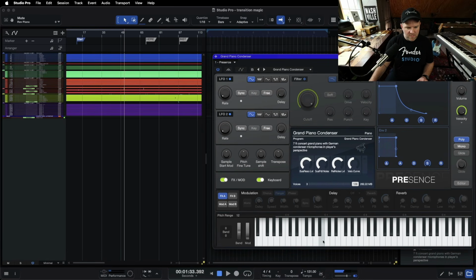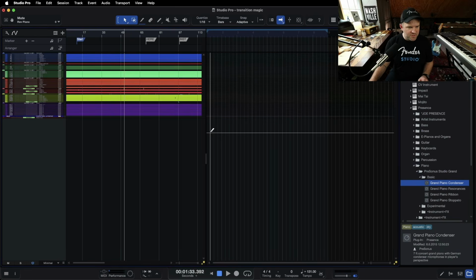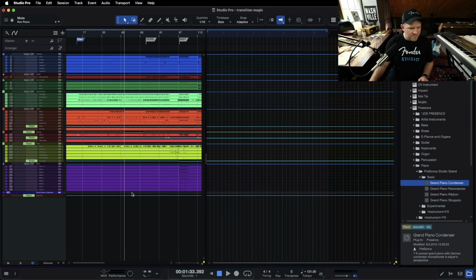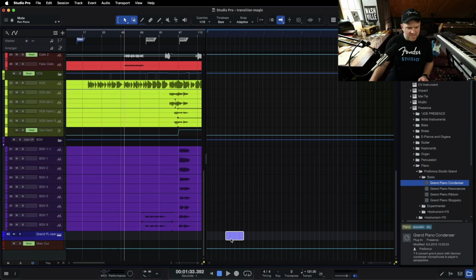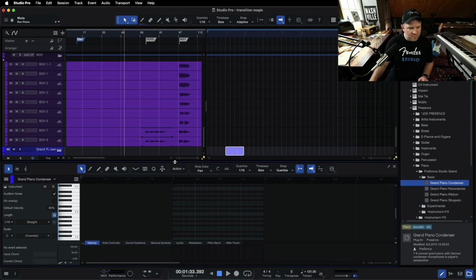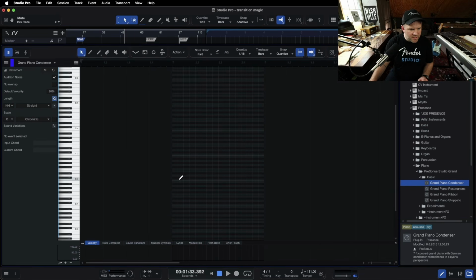Those are the notes that I want. Now I could play those, or we can literally just add them in. Let me just double click here. We've got ourselves a MIDI bloopity bloop. That's what it's called. And I can just hold down Command and just click on a B.